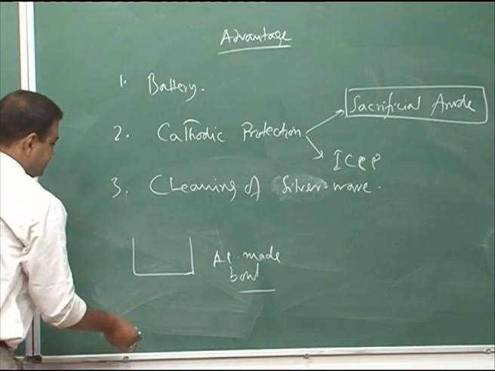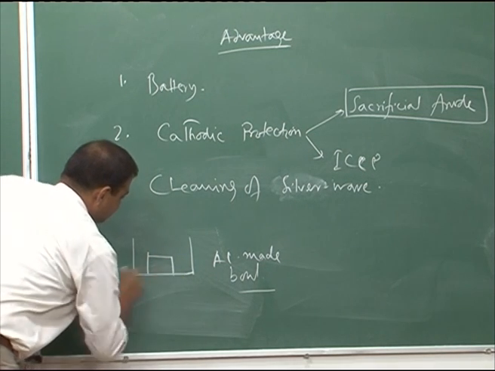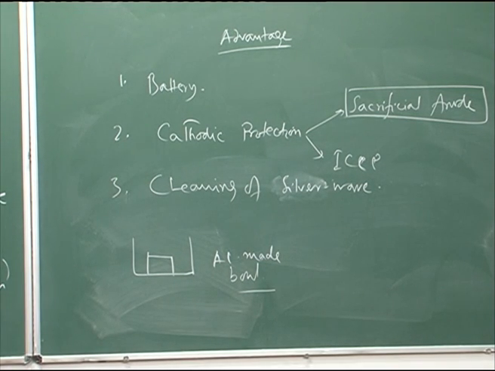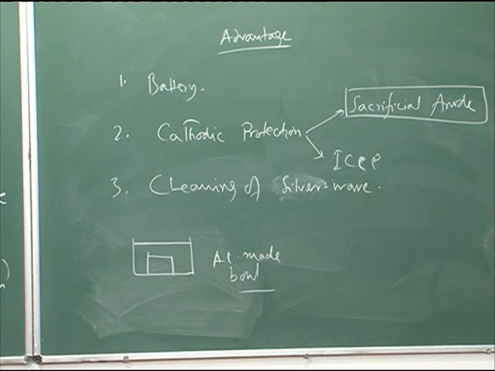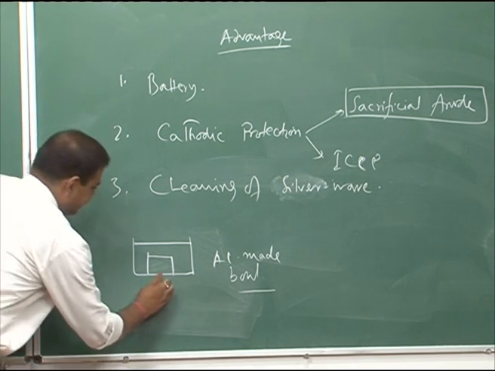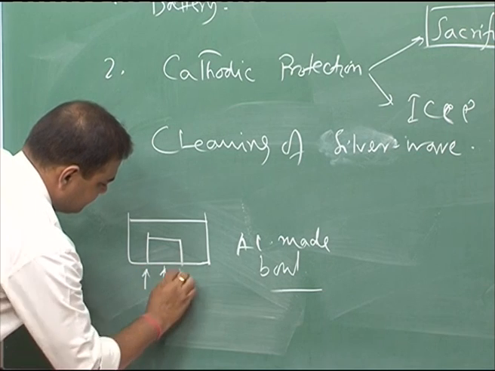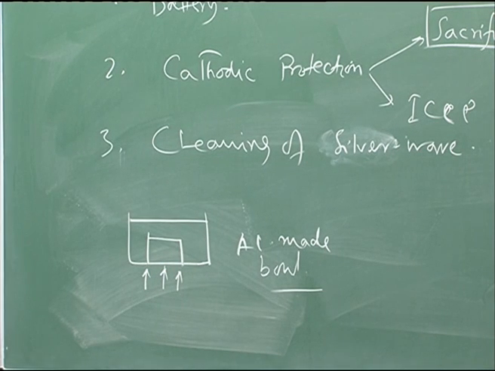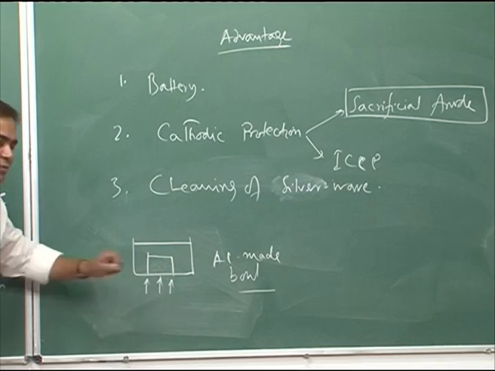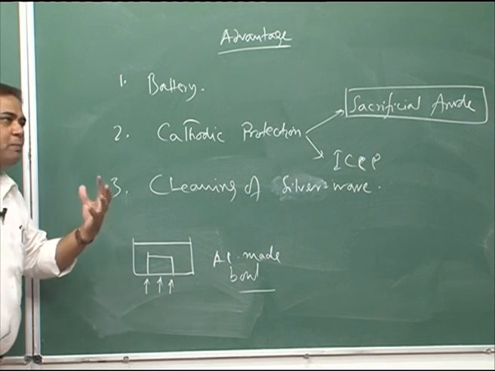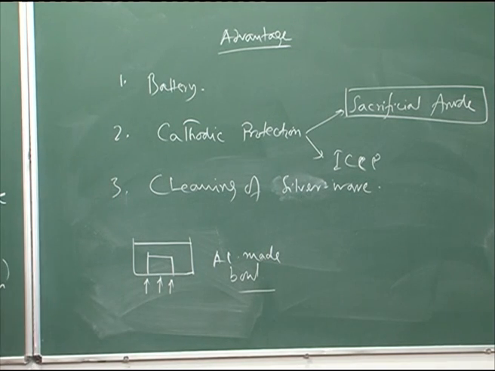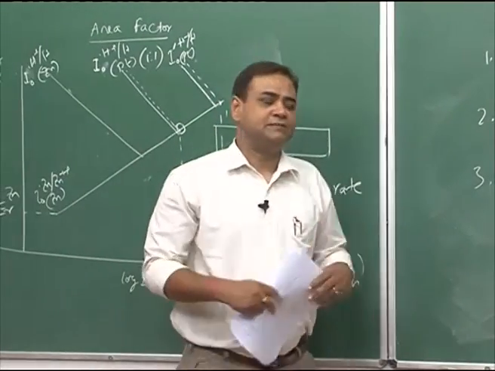In that bowl he puts the silverware in a solution which contains baking powder, and he heats it. It is basically warm or hot water, and there he puts this silverware. Silver has a particular problem: silver becomes dark or black as we use it. This black silver is nothing but silver sulfide,